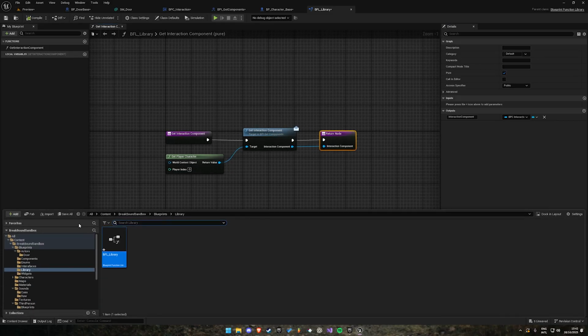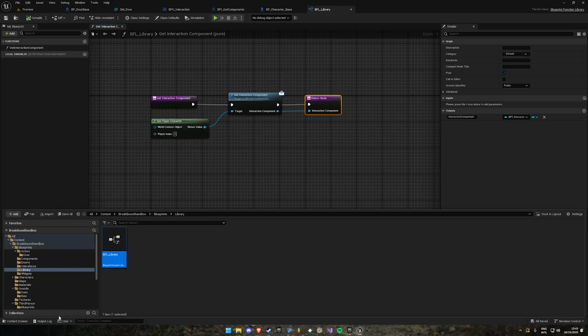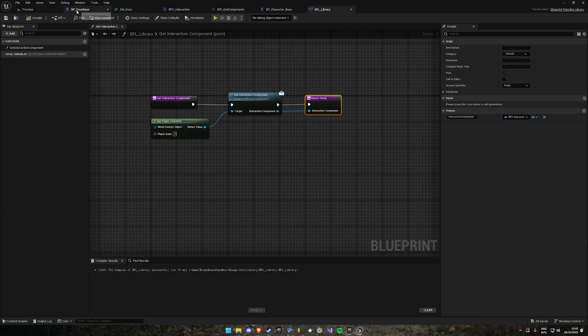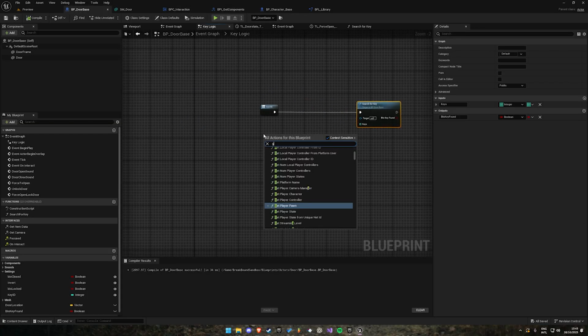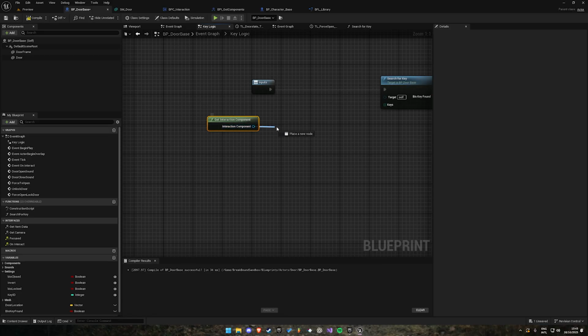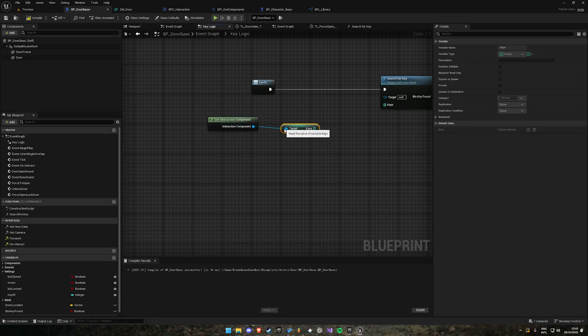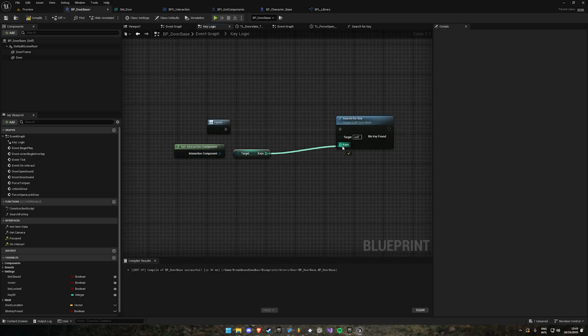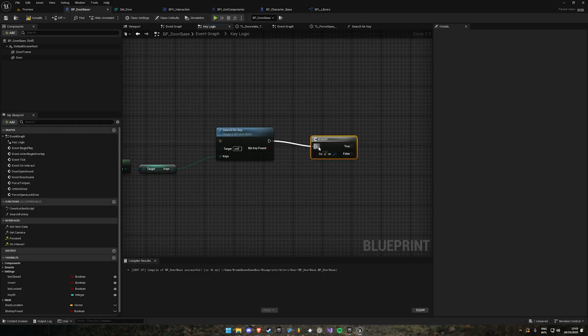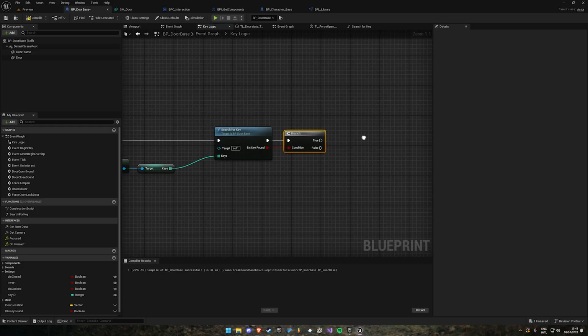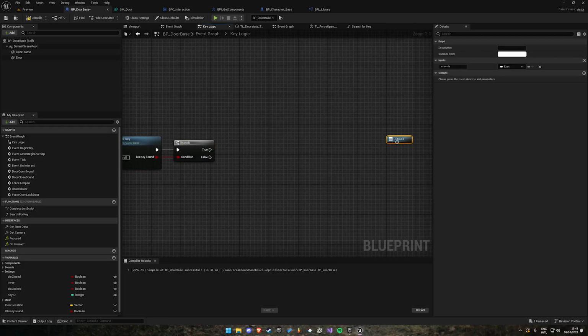And now if you've compiled and saved it, and we are going towards the door, we're going to type get interaction component. You see here BFL library, get interaction component, and now you can drag out keys. So now you can get the keys everywhere in any blueprint you want. And all you have to do is attach it like so. And then you want to have a branch. So you want to check if we find the key or not. So if we found the key, you want to unlock the door,